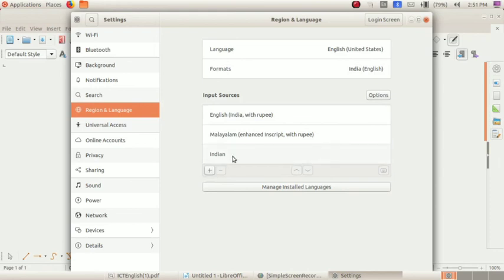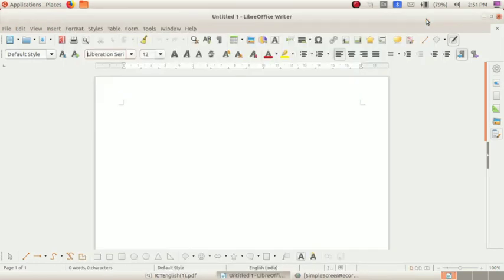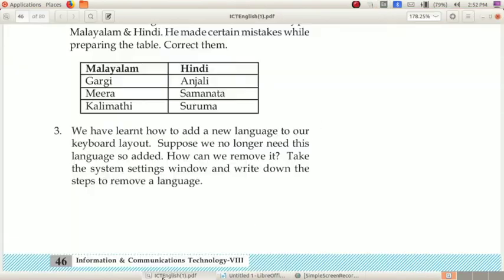For adding, I pressed the plus button. For removing, select the language we want to remove. Now I am removing Indian. Then select this minus button. Let us check if Indian is removed or not. Yes, now only two languages, English and Malayalam.